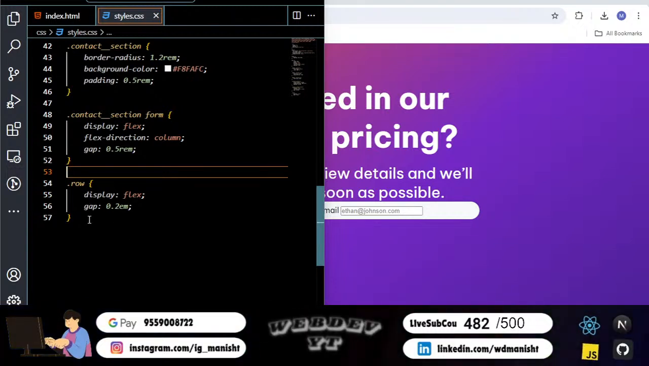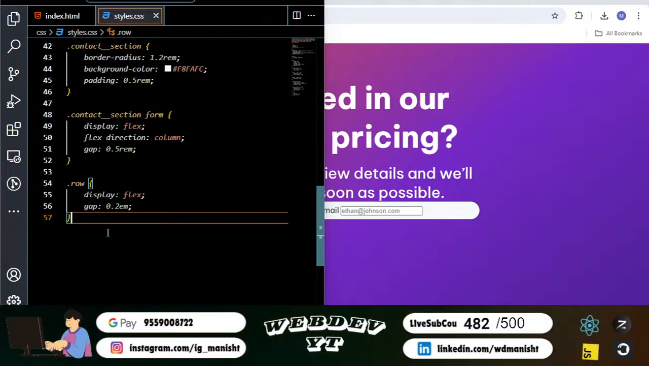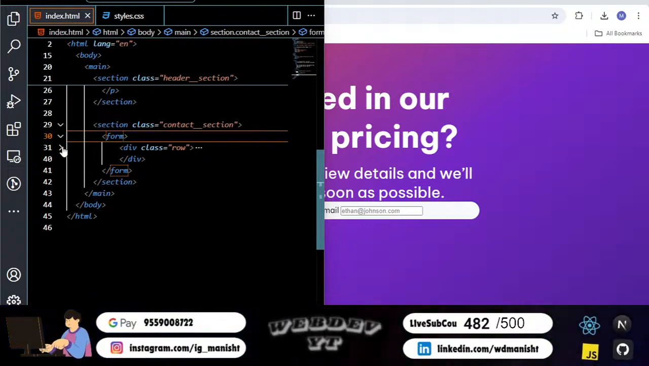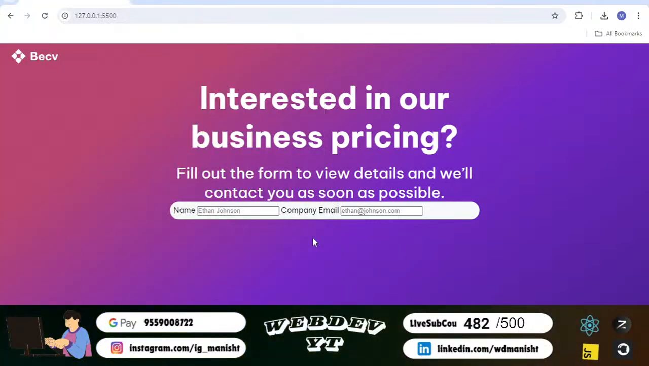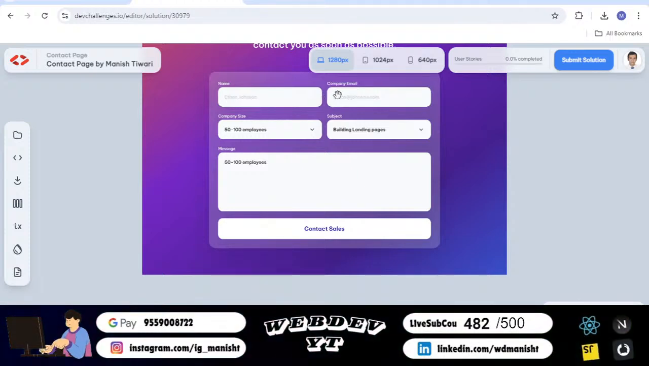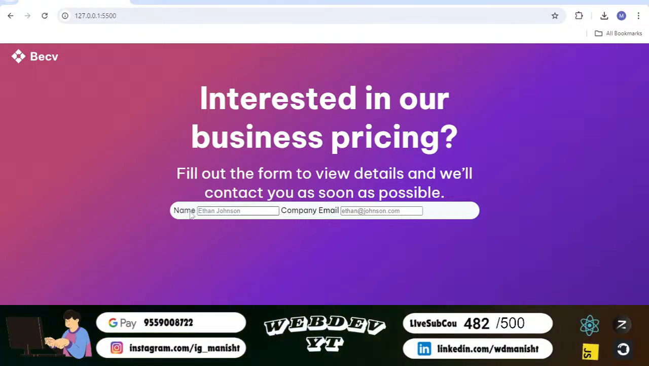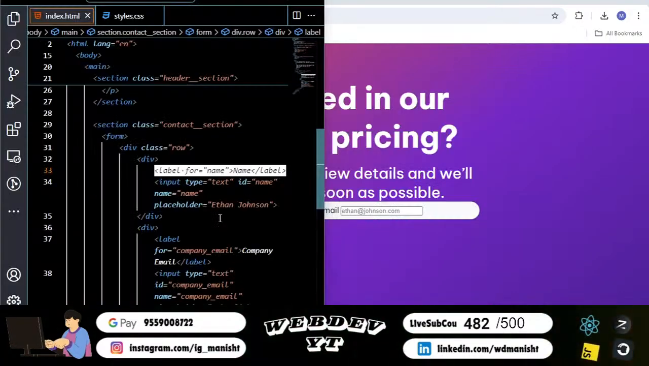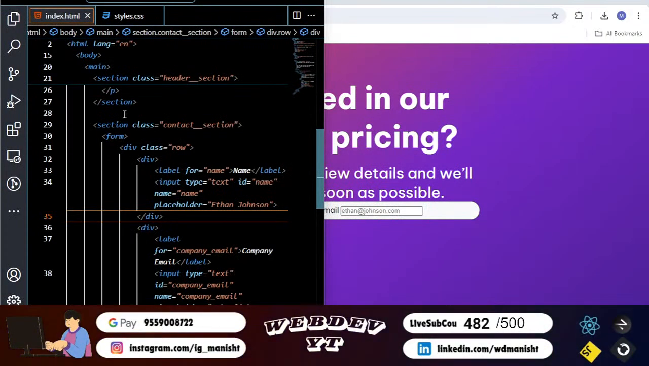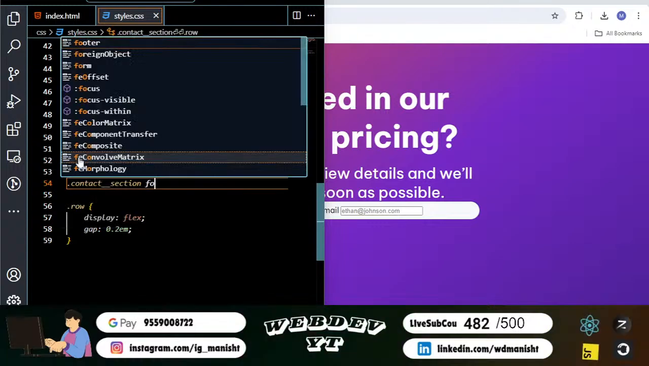So for the row, I have defined display flex and gap as, let's say, 0.2 rem. So if I open this div, you can see I have the label. If you go to the design, you can see the label should show on top of the input field, but in my case it's showing to the left of it. I need to make it visible on the top. So let's try to implement this also. How can we do it? If I go to index.css, here I will add contact section, then